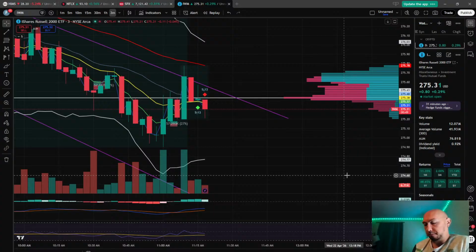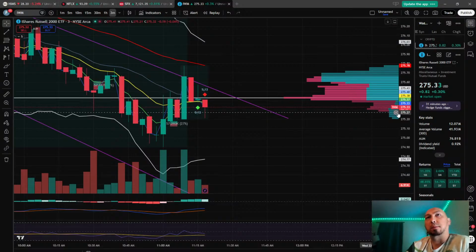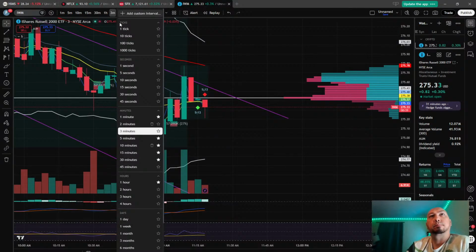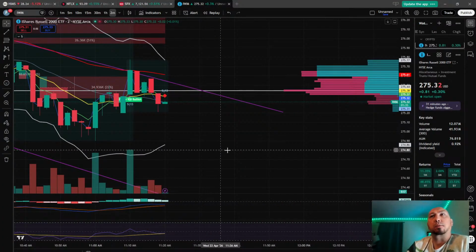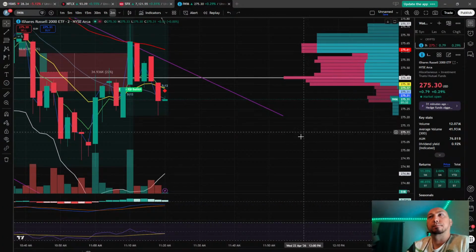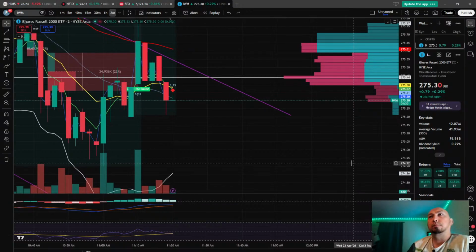It's a hard one. Oh, got some buying pressure building back up again. Two-minute time frame. Looks like the Bollinger Band's starting to come back up.